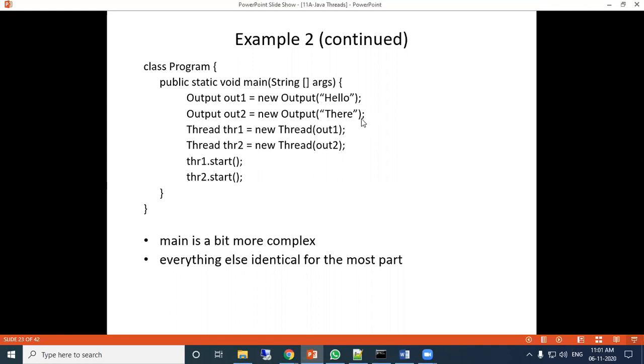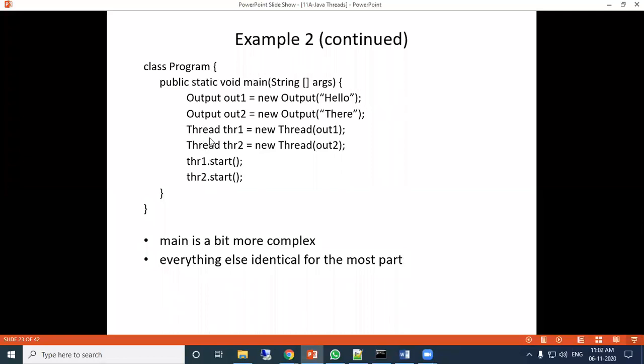and this is also to create the object, but this thread thr1 equal to new thread out. Because of this interface, again we need to create a thread so that the start method will be called. So once out2 is created, then using the thread class we have created the thread, and through thread we have started it, and this thr1 is linked to out1. See here the syntax of creating using the runnable interface.